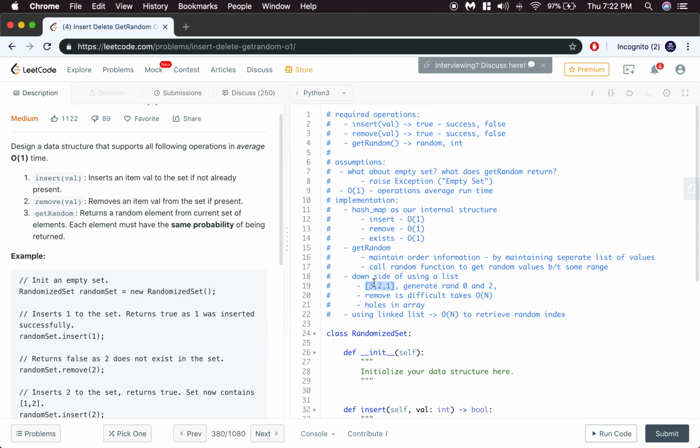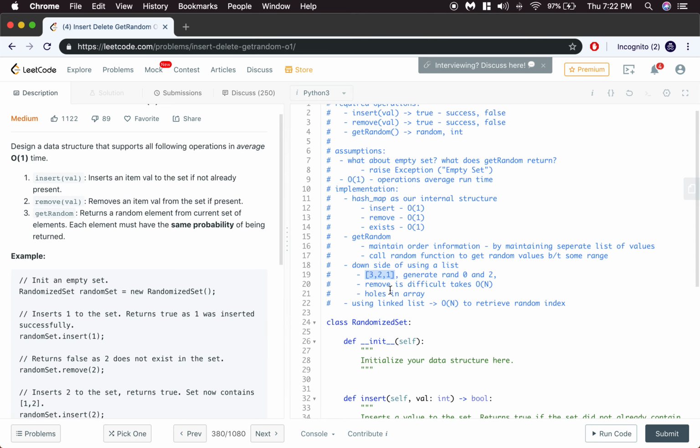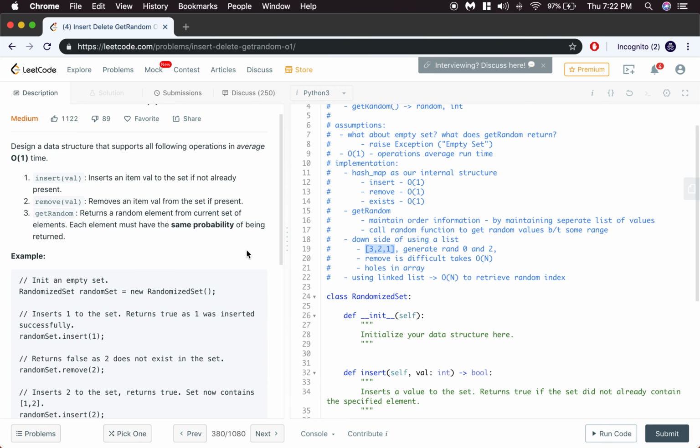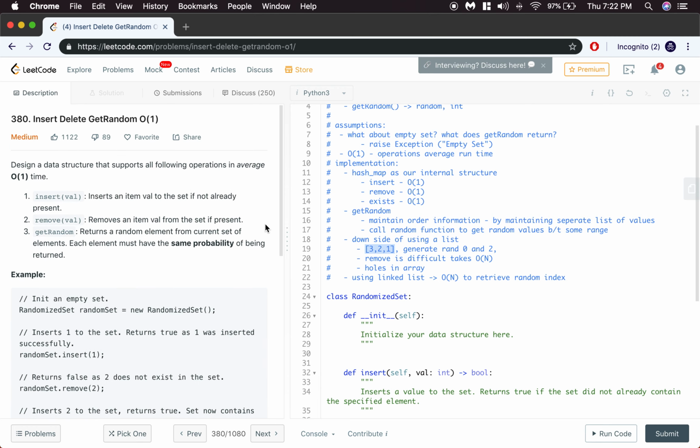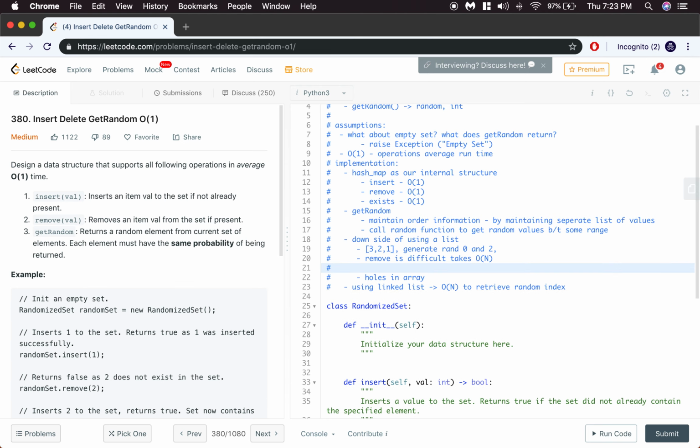So at this point in time, I would probably settle with using a list and accept linear time for remove. So at this point, I would try to come up with a way to optimize remove from a list,